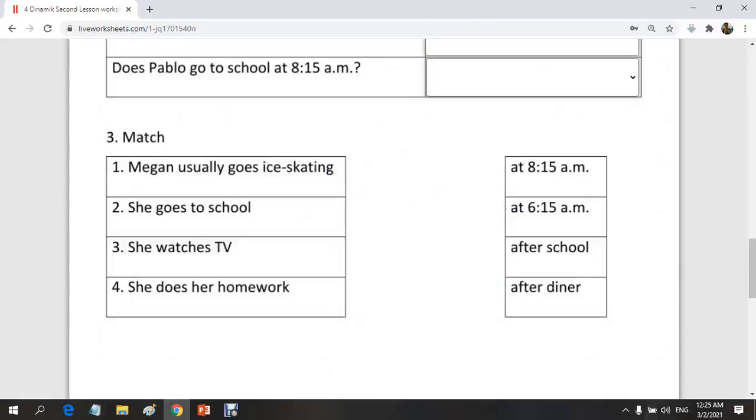Okay, I think that's all for today for Dinamik. Please watch the video again for the story. The purpose of this activity is to test your comprehension, whether you understand or not what you listen to and what you read in the video. Okay, how? By answering the questions. If you answer all correct, it means you understand the video. If not, you don't understand it.